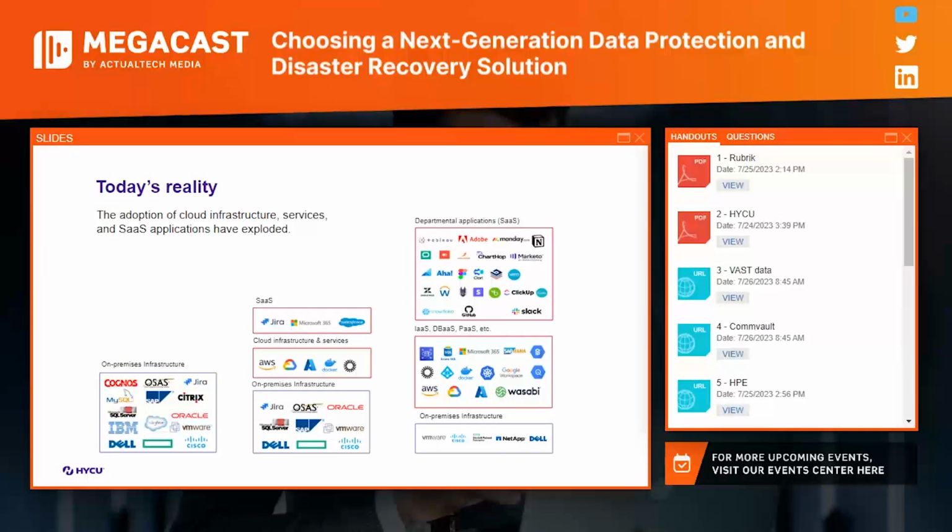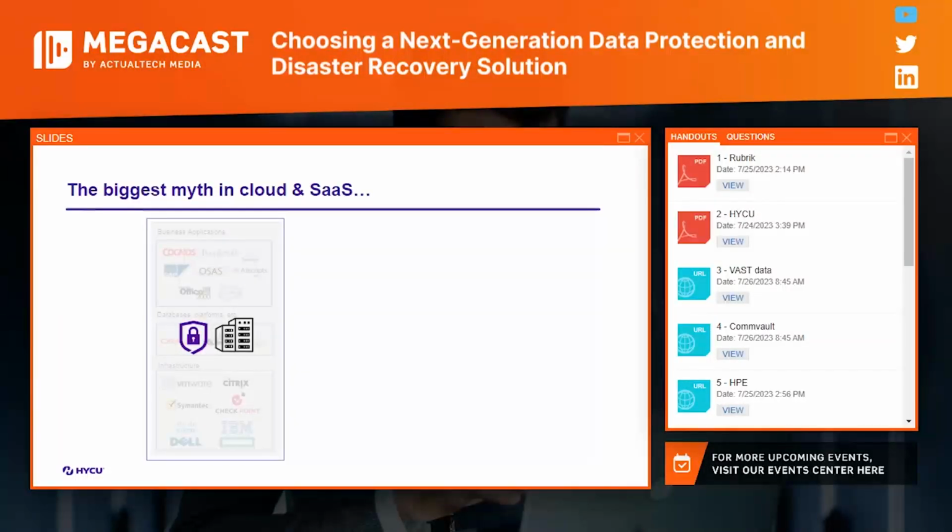And this leads that data is everywhere, not only in that good old on-prem data center, but also in the different public clouds, infrastructure services, database services, platform services, and all the other SaaS services out there. How do you keep control and how do you protect this? In the past, it was quite easy with your on-premises infrastructure. Like I said, it was all quite controllable. Not always the easiest to protect, but at least you had the visibility on it.